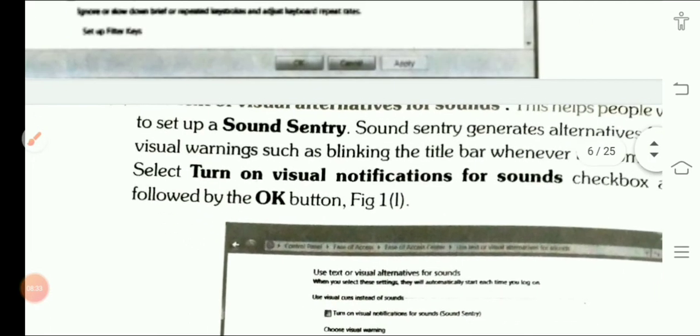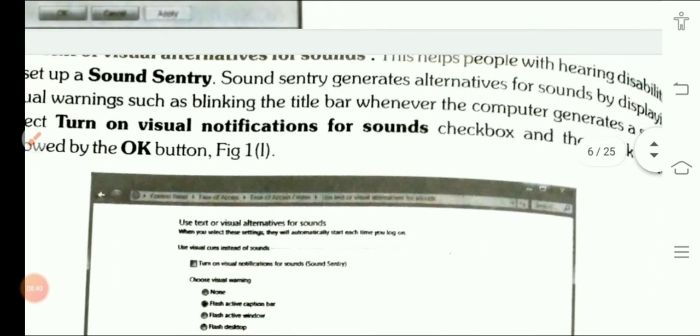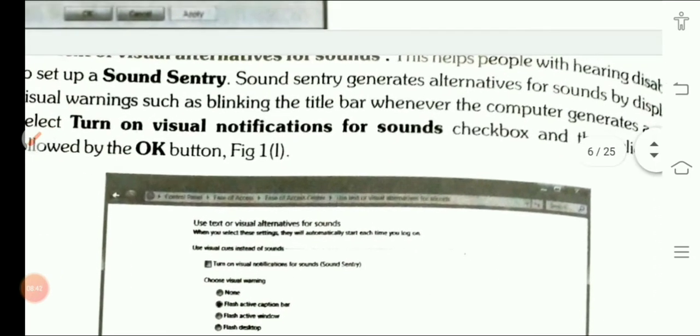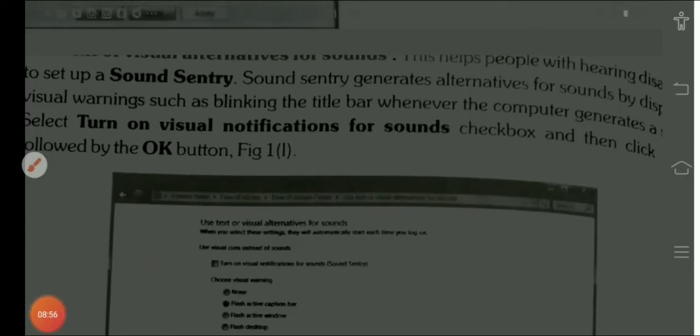One is sound sentry. Children, sound sentry is for a person who is having a sound problem. Okay, so what it will do, it will give you a visual warning. If any person is deaf, that person is not able to listen to the sound. So for that person it will give the visual warning, like the blinking of the title bar.